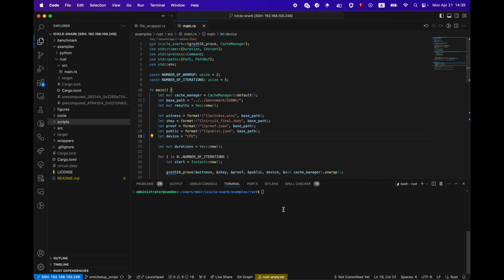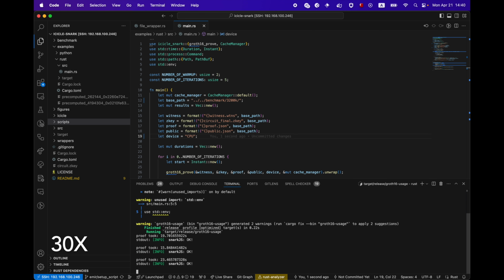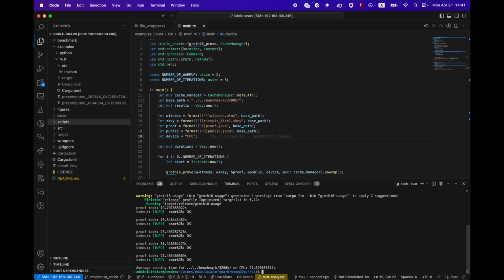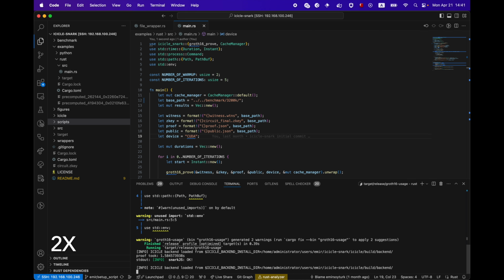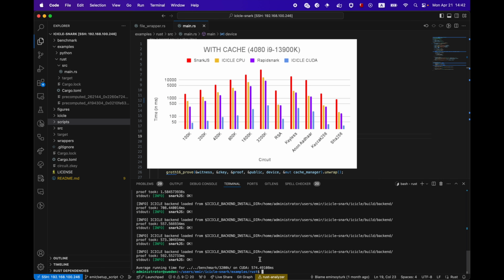Set the device to CPU first. Okay, on average on the CPU it takes approximately 30 seconds. Now let's switch to CUDA backend and okay, on the GPU we get 600 milliseconds on the average, and you can see the other benchmarks on the